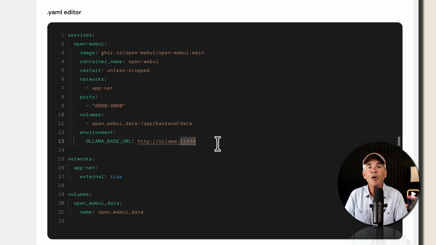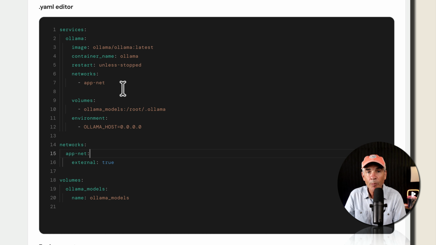I have already confirmed that Open WebUI, Ollama, and my other Docker containers are on my Docker network, but you should always see your Docker networks listed in the Docker Compose YAML files for any containers that are on your network. Now, in the Ollama Docker Compose YAML file, you do not need to list the port 11434 like we did with Open WebUI listing 8080. That is because Tailscale does not need to reach Ollama. Tailscale just needs to reach Open WebUI, and Open WebUI is talking to Ollama so it can service the large